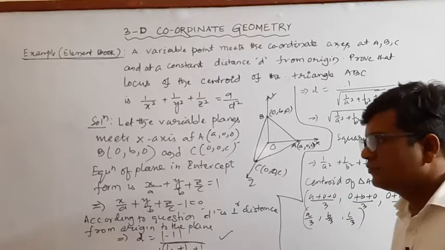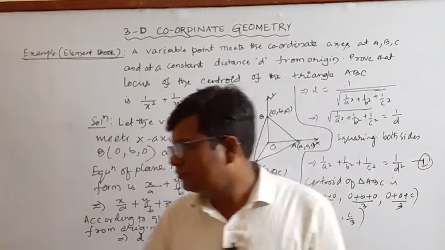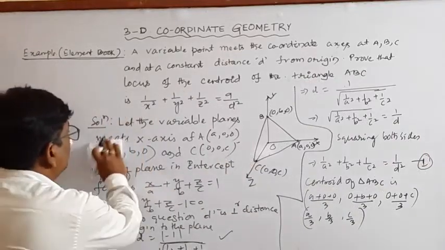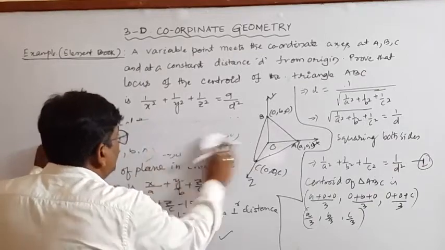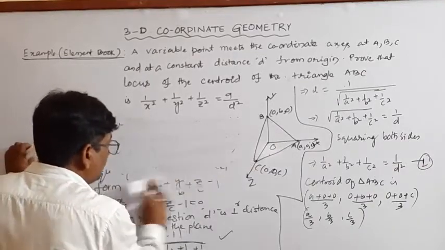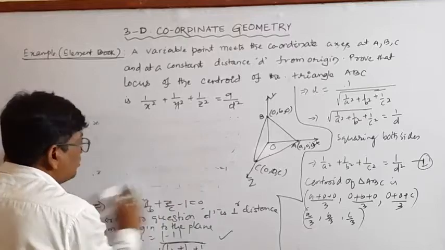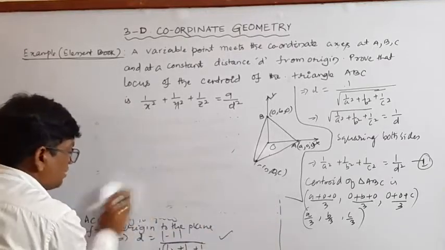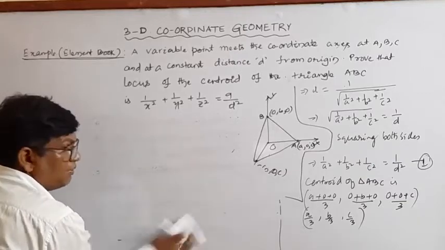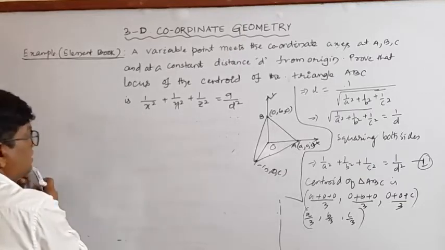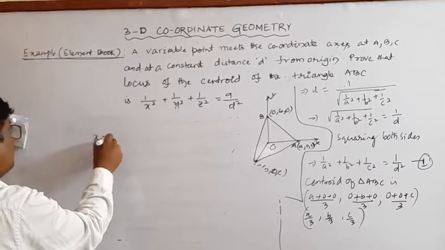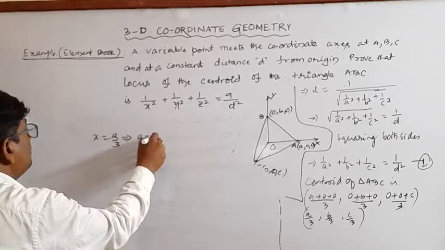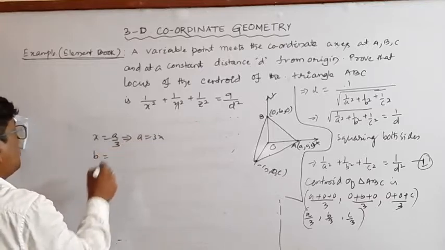Now for its locus, x is equal to a by 3, that implies a is equal to 3x, b is equal to